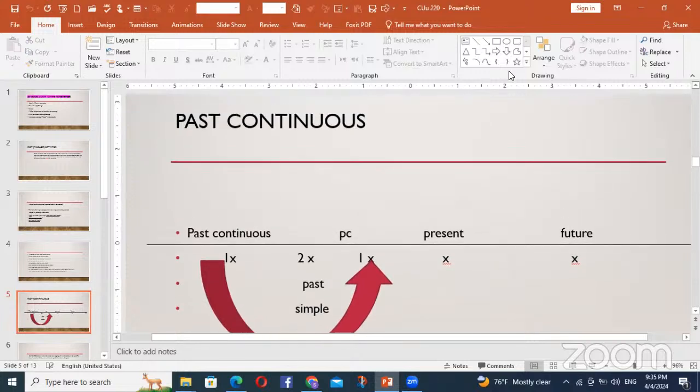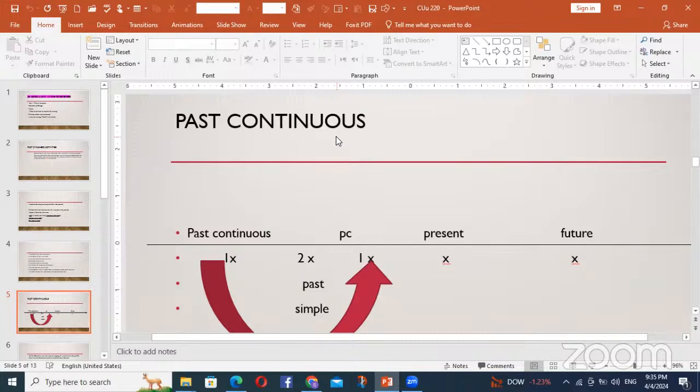The word continuous here, either I use it in the present or in the past or in the future, shows the duration of action. Duration means for how long this action is going on. How long, it means how many hours, how many days this action is going on. Then what do we mean by the word continuous? In the past continuous we have an action that happened in the past and it took time while it was going on. Okay, it took time while it was going on. That is what we call past continuous.